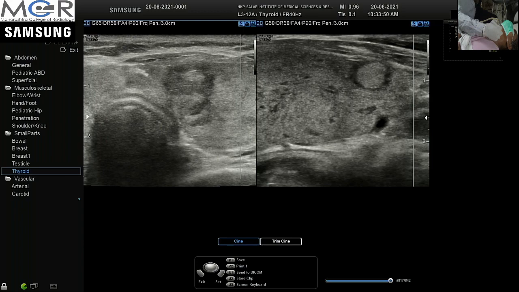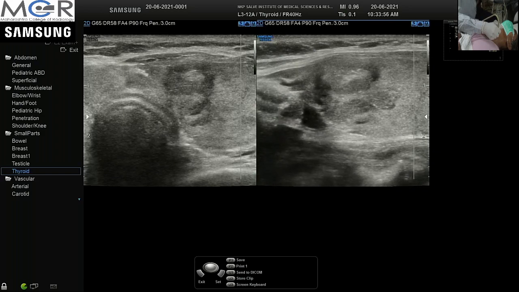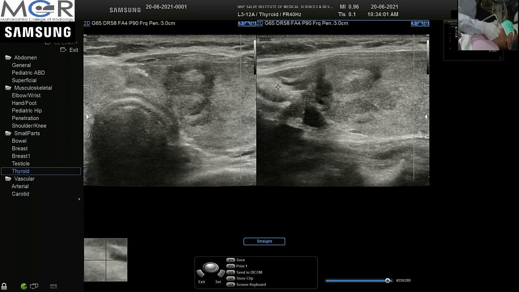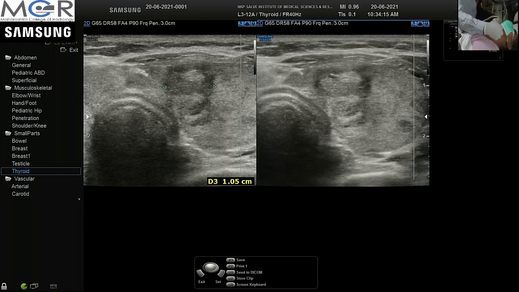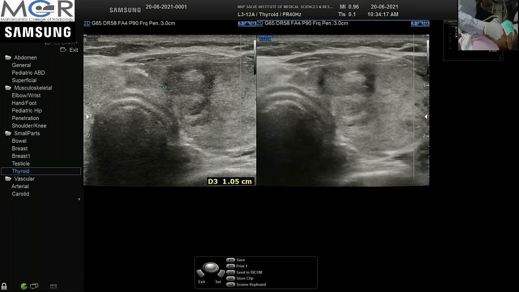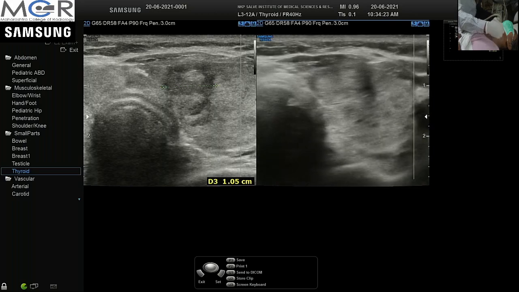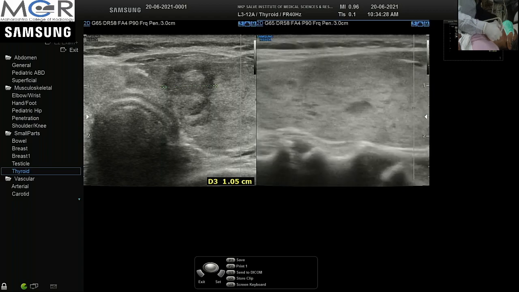So this is the nodule, in the long section. Again, if you see it completely now, the nodule measures almost 1.3 by 1.5 by 1 centimeters. If you see in a transverse plane, at some point the height is more than the width. That is one point. Second, it is almost solid and doesn't have any cystic areas, barring one or two small ones, but it's a predominantly solid lesion.